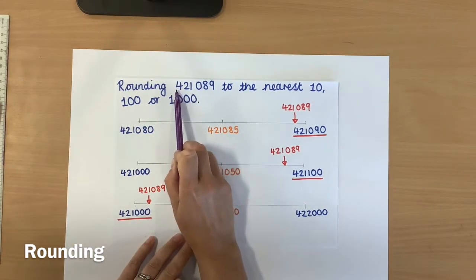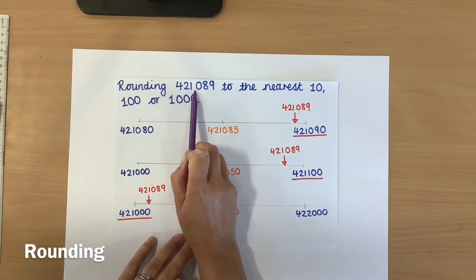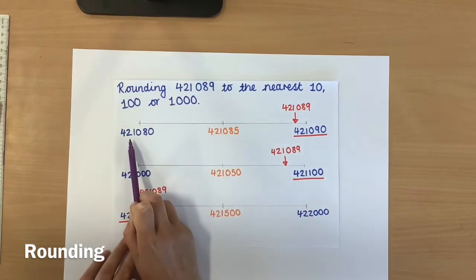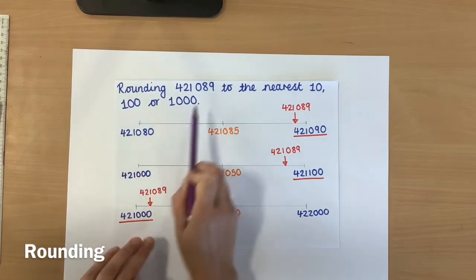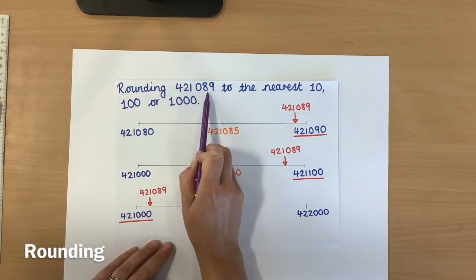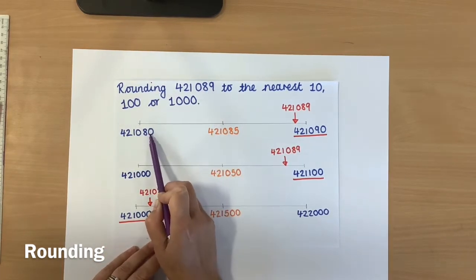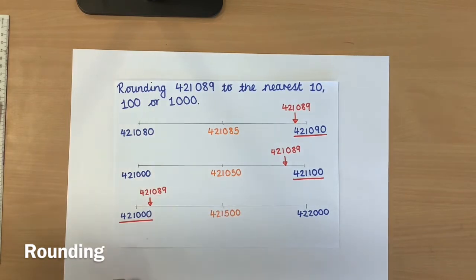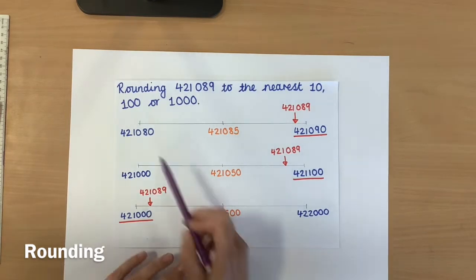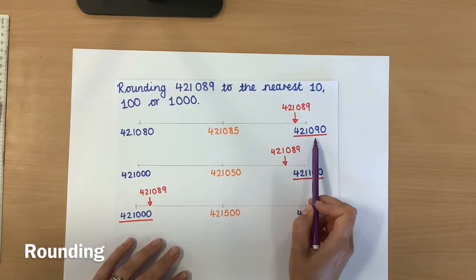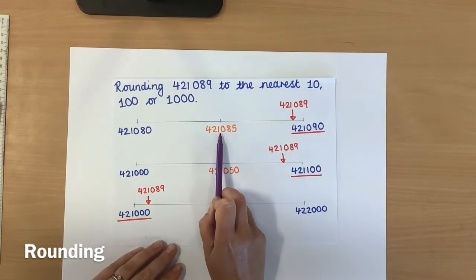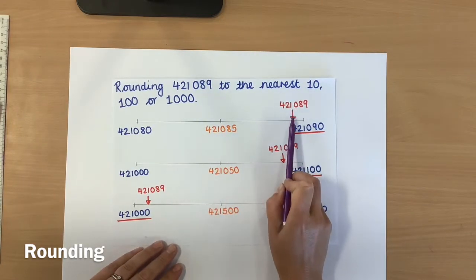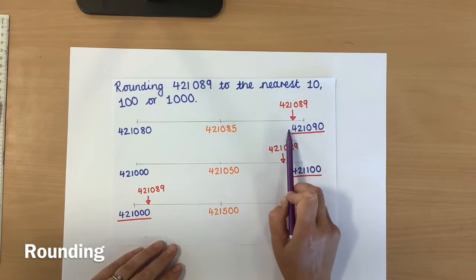So you could say that this number has 42,108 tens, which would be here. Okay, so we've kept all of those numbers up to the 10 the same, and then we've just taken it down to a multiple of 10 for the last digit. Then we go 10 more. Then we find the midpoint. Then we label, and that tells us that to the nearest 10,